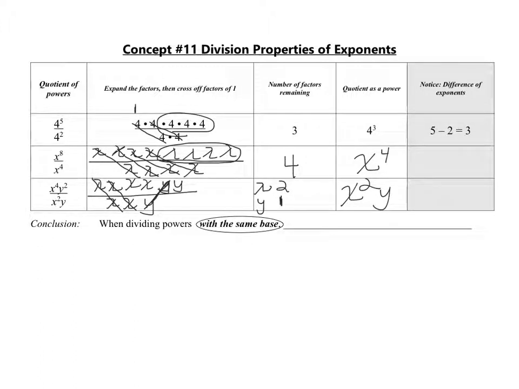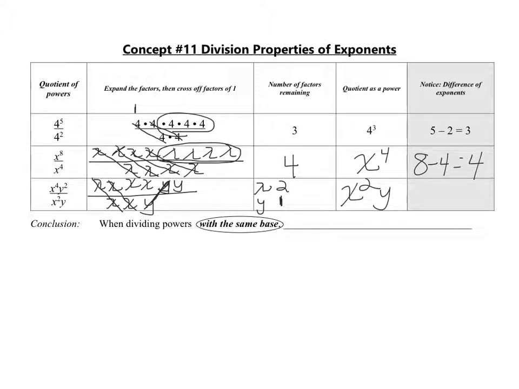So now let's just go ahead and take a look. Just like with multiplication, we are doing something with the exponents, right? So here my exponents in the first one were 5 and 2. So if you think about subtracting your exponents, 5 minus 2 gives me 3, right? So I am left with 3. And it's subtracting because really what we're doing is we're canceling some of them out, right? So here I had 8 and 4. Well, 8 minus 4 is 4, right? So I could just take my exponents and do 8 minus 4, and I'm left with what the exponent is,